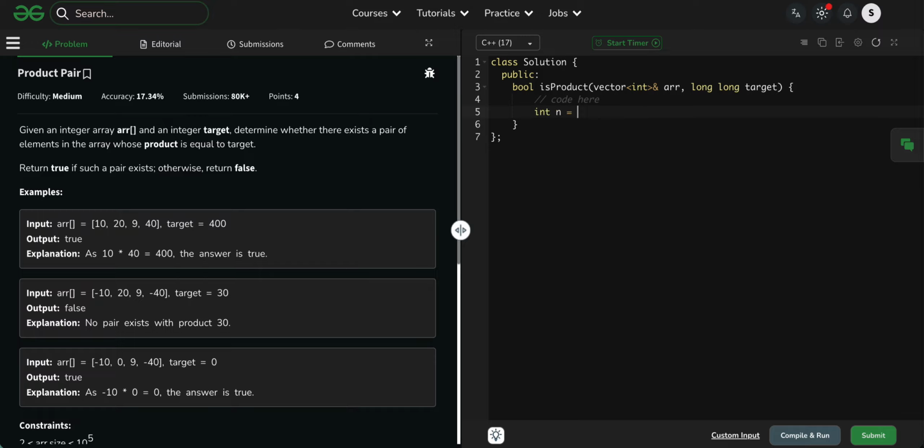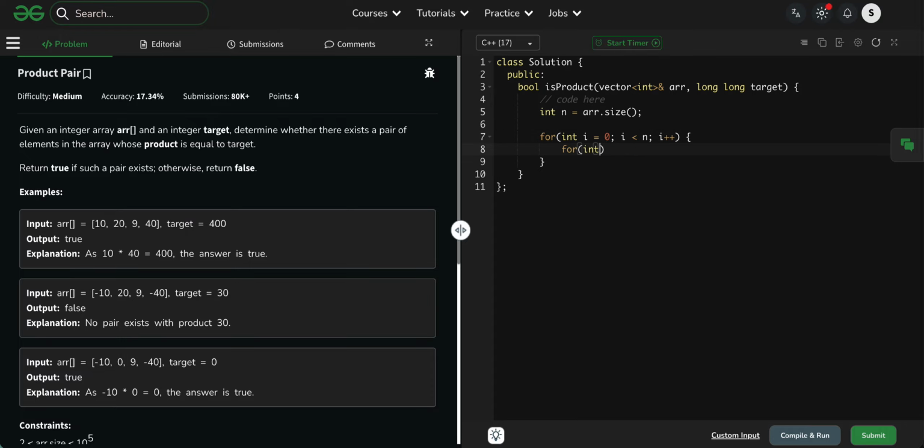Like int n is equal to array dot size, right? And then for int i is equal to 0, i less than n, and i plus plus. And then int j is equal to i plus 1, j less than n, and j plus plus.